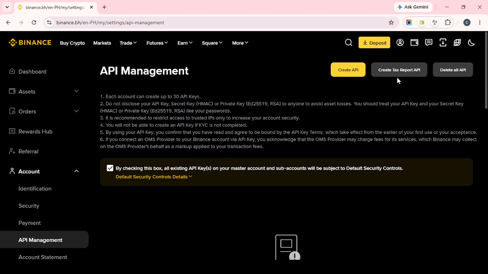Before moving on, check the API permissions. You'll want to enable reading access and spot trading access. Reading permission allows the bot to view account information, while spot trading permission allows it to place trades on your behalf. It's a good idea to only enable the permissions you actually need, since that helps keep your account more